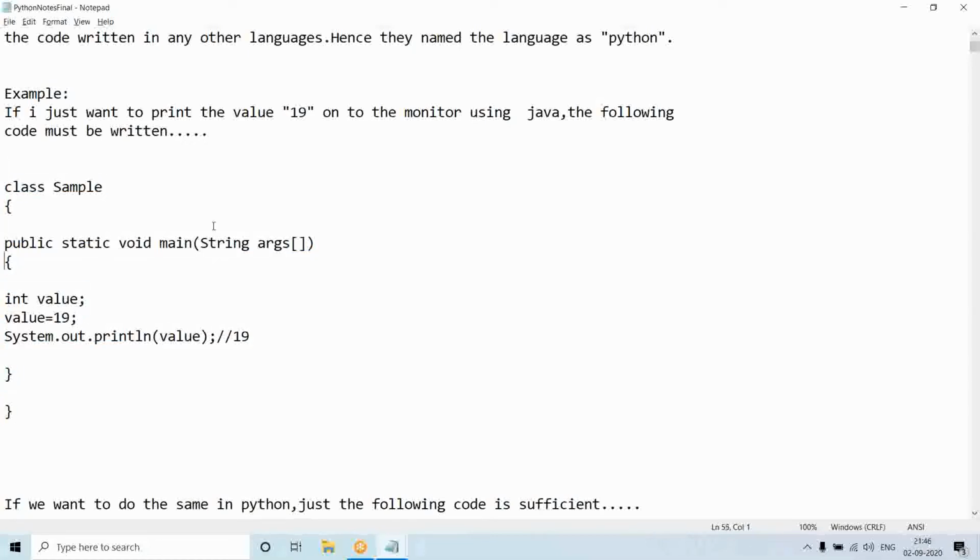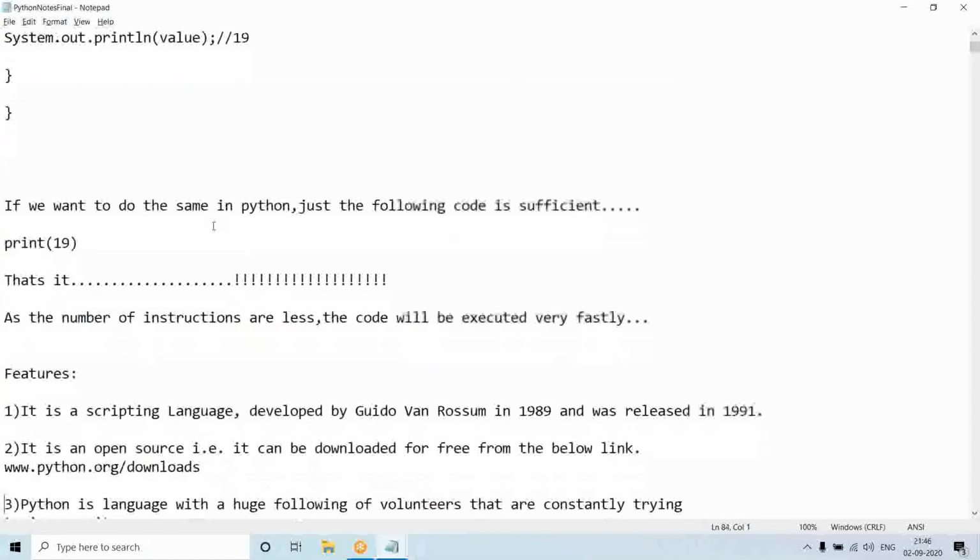See, if I want to print 19 onto the monitor using Python, how many instructions am I writing? Just one line. I will explain this instruction in the next class anyhow. To print 19 in Java you have written 9 lines, and in Python just one line.